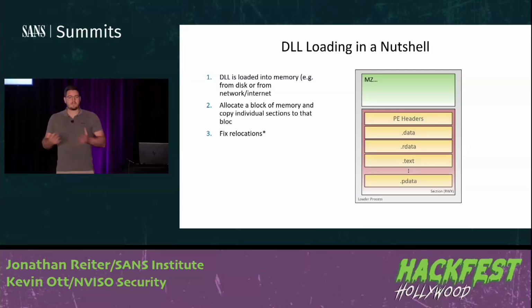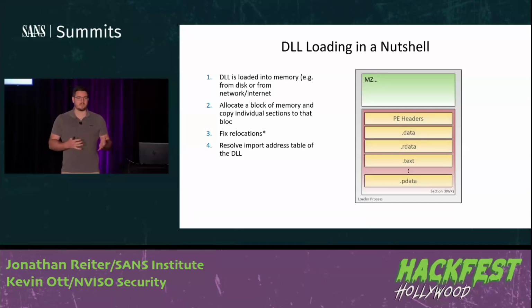So with relocations, we basically go over all the different sections and fix static or absolute addresses by switching them out with the correct ones based on the location where our DLL was loaded in memory. Once this is complete, one thing that the Windows loader normally does for us is resolving the imports and placing the correct addresses of functions, for example, from kernel32 DLL or user32 DLL in the correct locations in the import